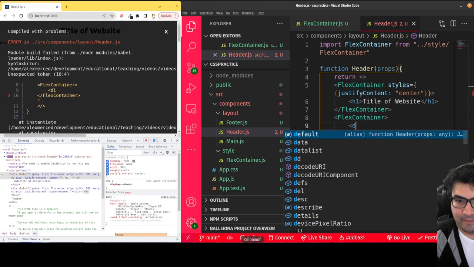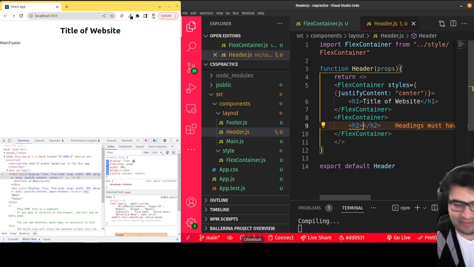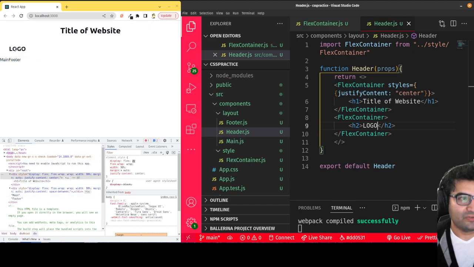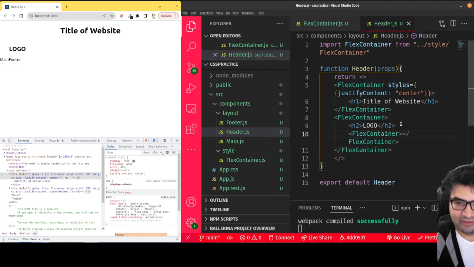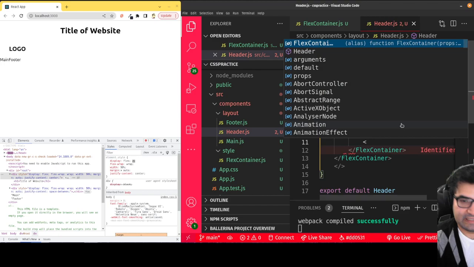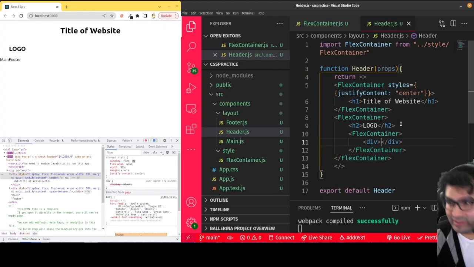Really, we're going to want that whole sort of vibe where you have a home link all the way to the side, and then you have all the other links over here to the right. So in that case, I only want there to be 2 items at this level. So we're going to create one h2 that's like the logo. Imagine there's a logo there. Okay, so see, there's a logo, and then we're going to have another flex container off to the side. That's where we're going to put our links, because that flex container is technically the second item at that level. We'll use divs, but we'd make those divs links, and would have like link 1,